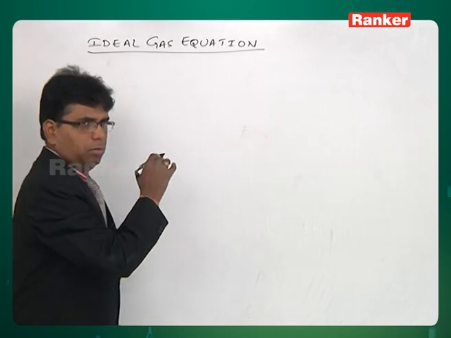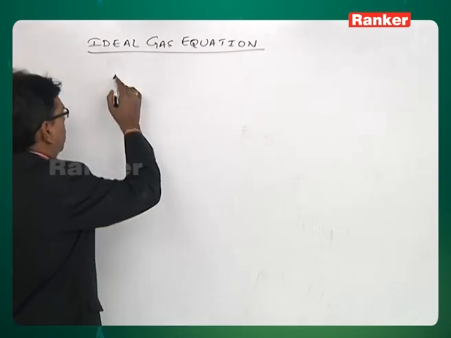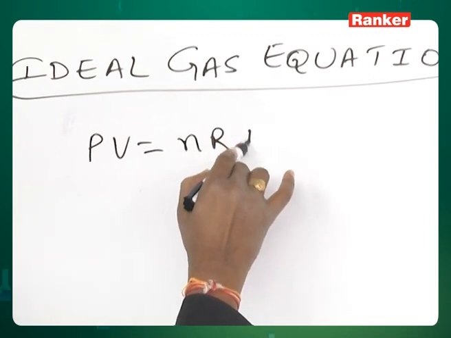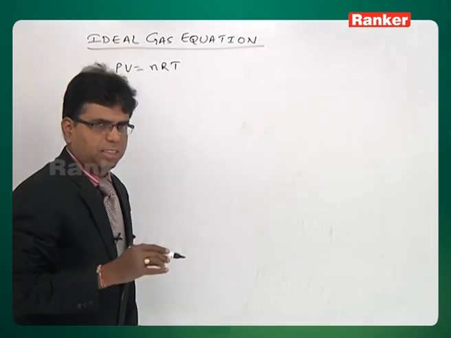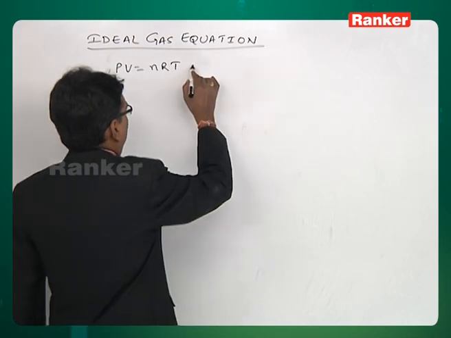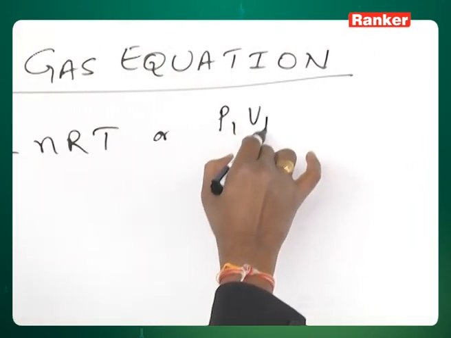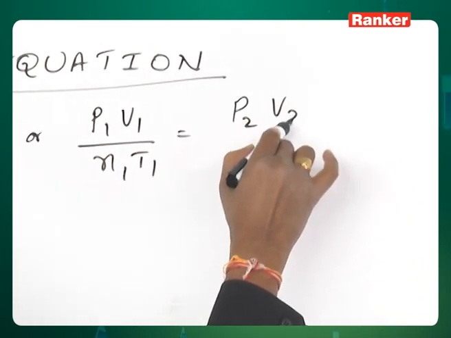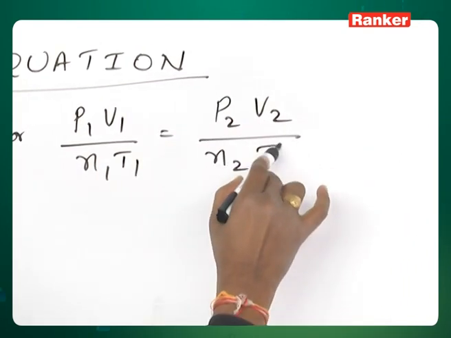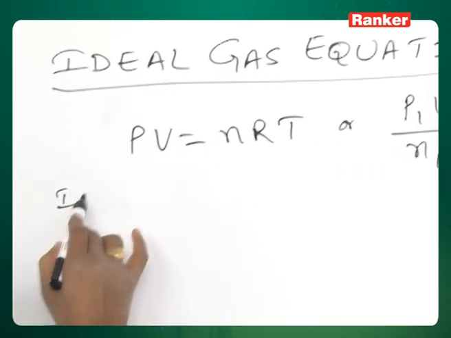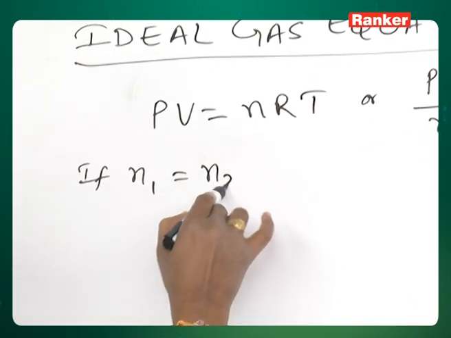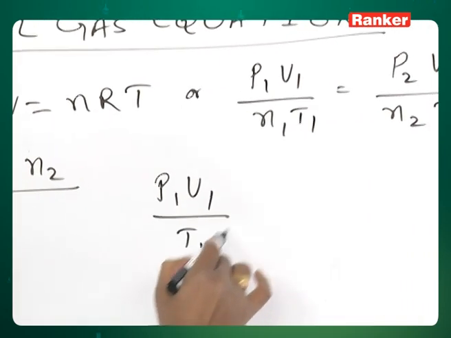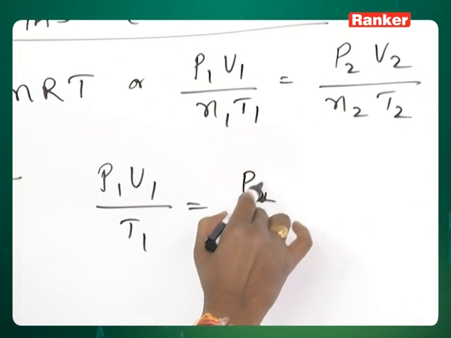So, here PV equal to nRT is one form of writing the ideal gas equation, or P1 V1 by n1 T1 is equal to P2 V2 by n2 T2. If n1 is equal to n2, then the same equation we write P1 V1 by T1 is equal to P2 V2 by T2,